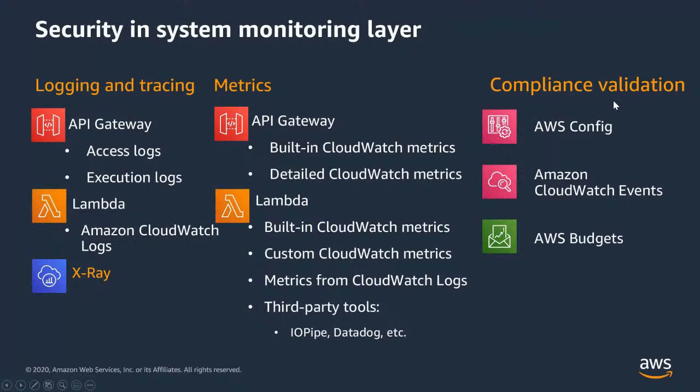Then you have compliance, right? Compliance validation is interesting because a lot of times system monitoring isn't about just going and seeing when the issue happens. You want to keep something running behind the scenes so that you know, for example, you've gone over budget. Or from a security perspective, someone gets access to your machine or your account and is spinning up a lot of machines, services and resources. So you want to set up something like budgets, CloudWatch events and even AWS Config to make sure that there is detection happening under the hood, and anytime something happens, you get alerted. Maybe you're not supposed to spend more than $10 in a day, but suddenly you see that $50 is being used, something's wrong, so it'll throw an alert.